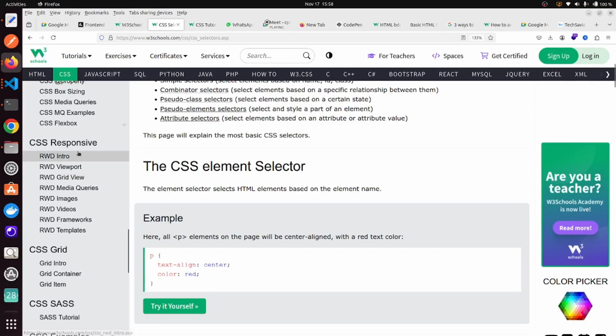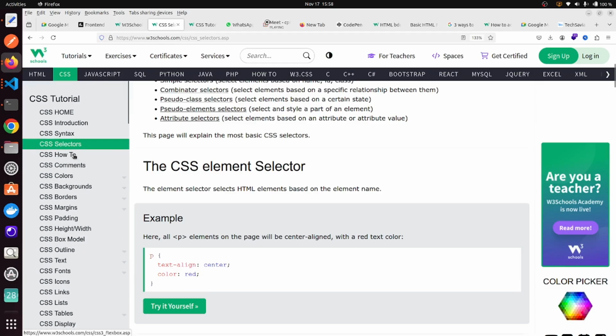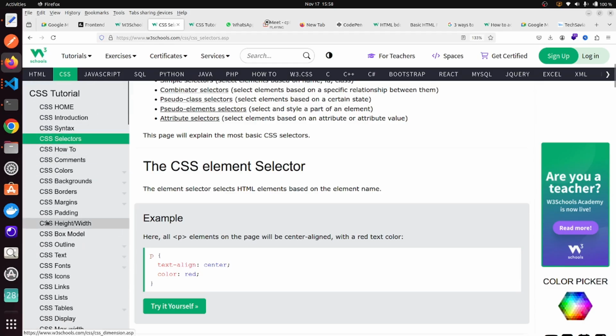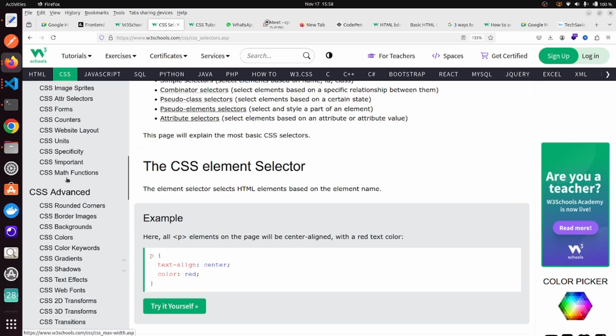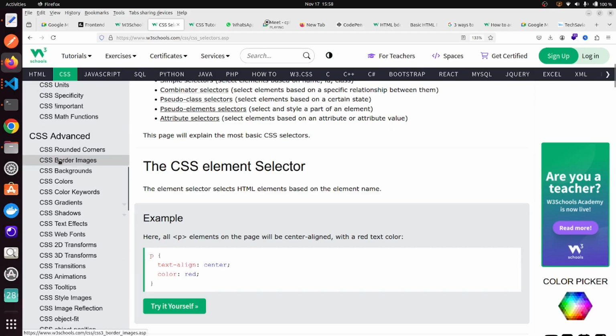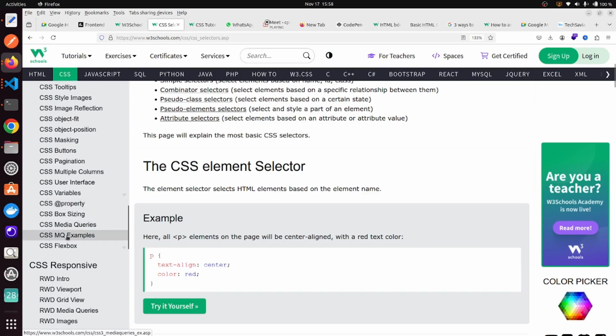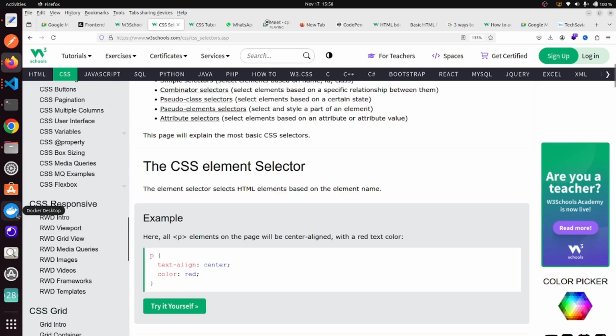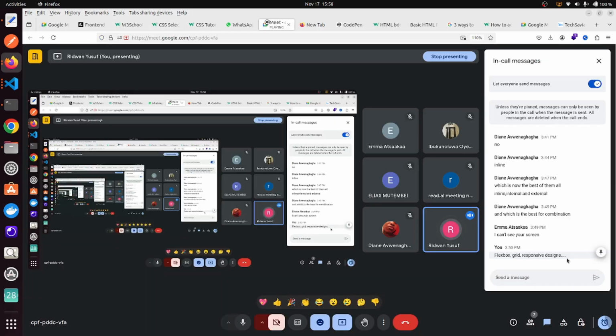Then you may want to go into CSS responsive: intro, viewport, grid view, images. That's all you need as far as CSS is concerned for a beginner. So make sure you read everything from home to math functions. You may ignore advanced CSS. Then you can move on to responsiveness. But if time permits, by God's grace, in the next class,